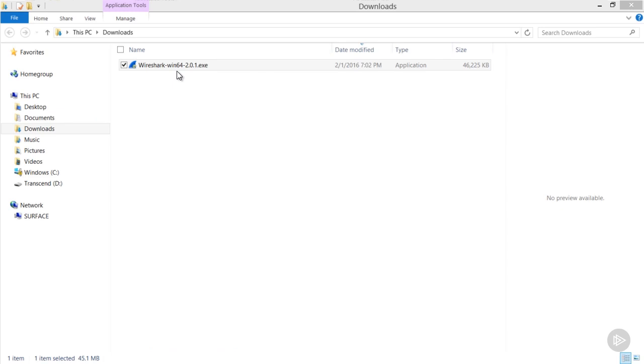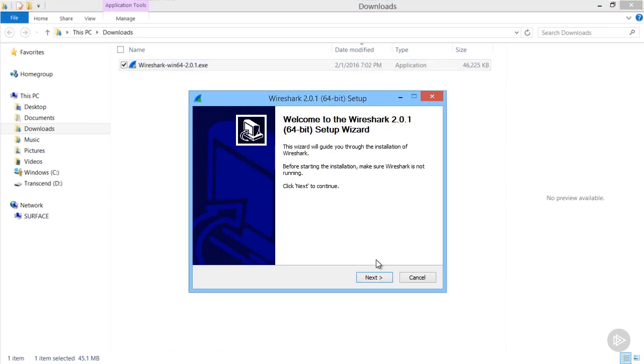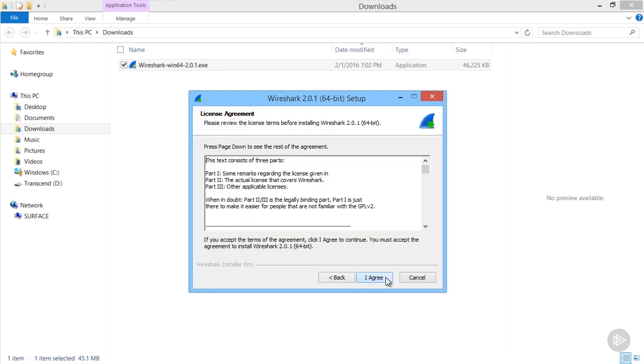Once we've downloaded the Wireshark installer, we can simply click on it. This will then start the Wireshark 2.0 wizard. Click Next. Now, Wireshark is an open source piece of software, and you can download it and you don't need to pay a license fee. And it's not a demo version with any limitations, it's a fully featured application, but it is licensed under the